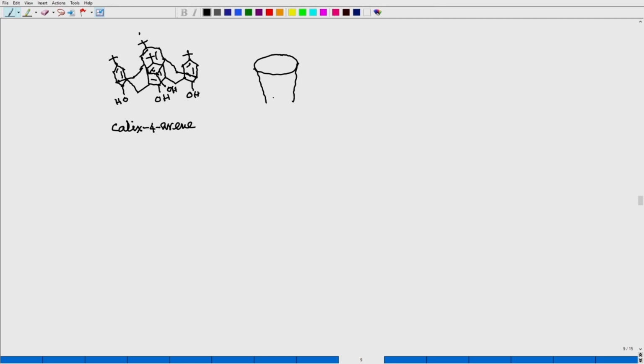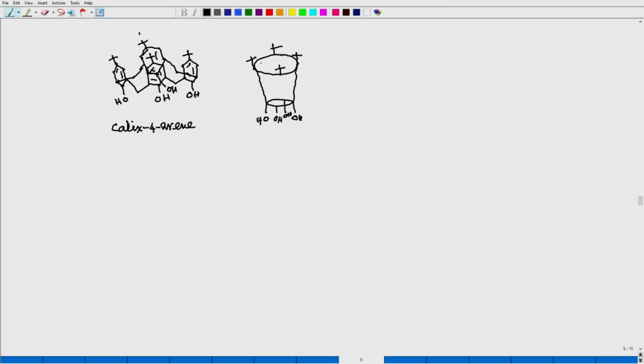Okay, it is like that. OH, OH, OH, OH, and then you have tertiary butyl groups. So, this is a cartoon variety of calix 4 arene,